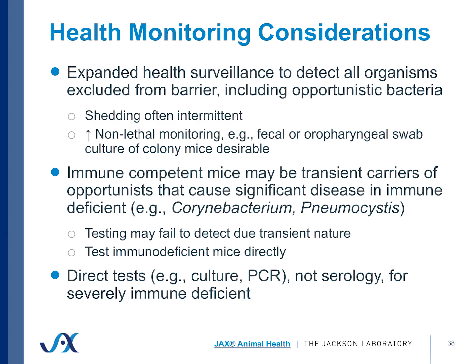Understand that testing may fail due to the transient nature of some infections, so the best strategy there is to increase the frequency of testing. And then for anything that we...